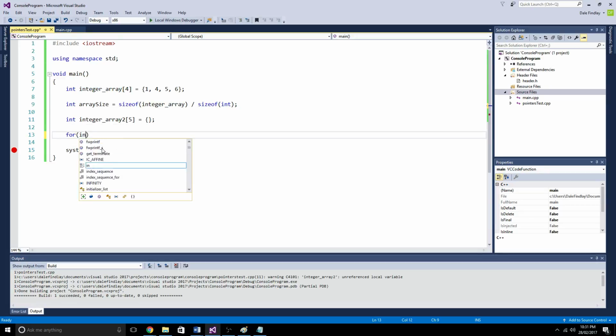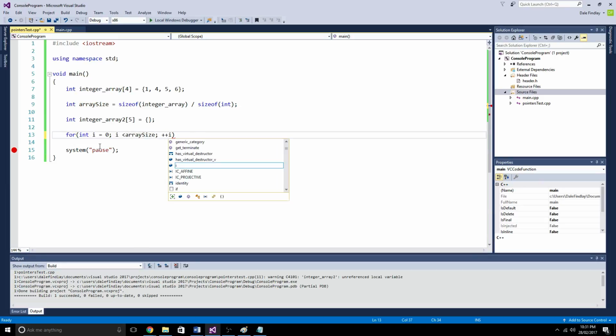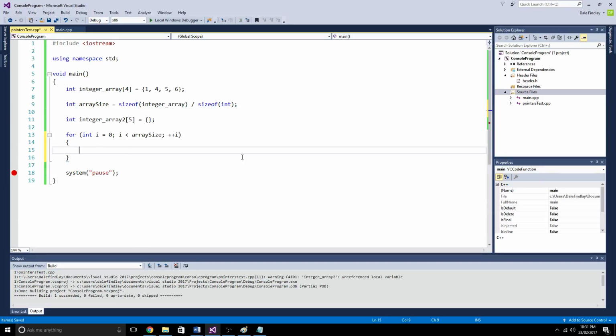We have to go for int i equals 0, i is less than our array size, i plus plus. It doesn't matter what order you do this in, I just typically go with plus plus i, because that's what the industry people I speak to all do. And it's probably just good practice anyway, because it doesn't mean much the other way around. So now I want to clone, so we'd probably go by saying integer array